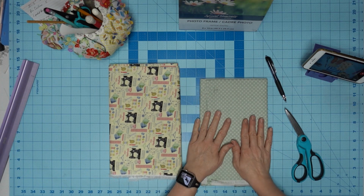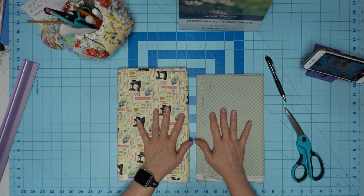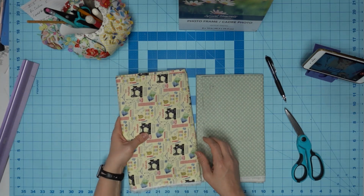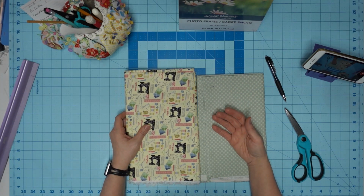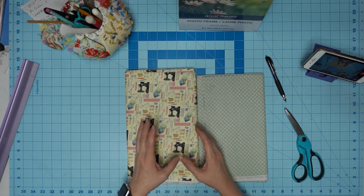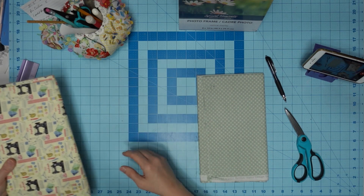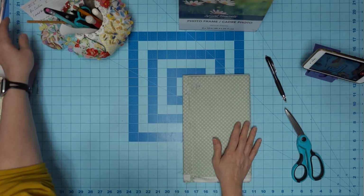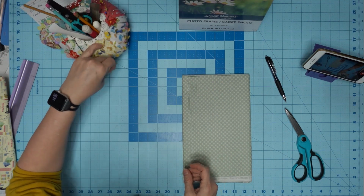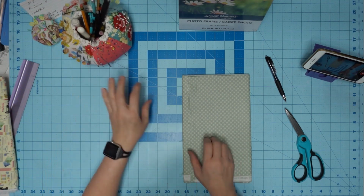But anyways, I'm gonna do 2 fabrics. This is gonna be my main fabric. I'm trying to get away from the Pioneer Woman, believe it or not. I want it back to the sewing memorabilia stuff. So we're gonna work on some things, but this right here is gonna be my main part. Okay, so we will want